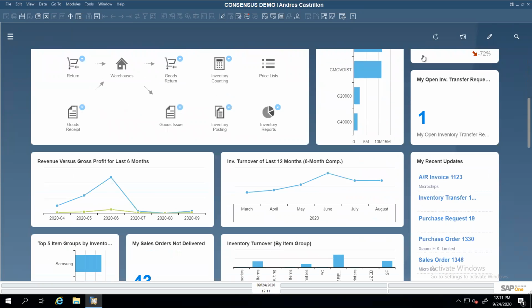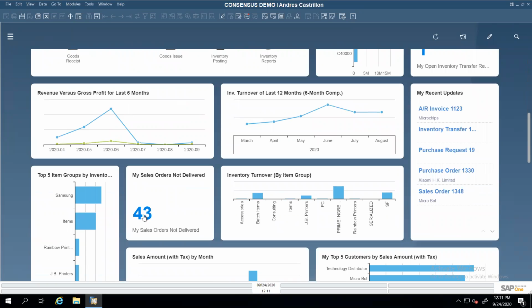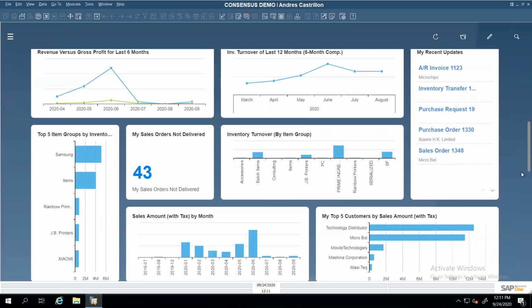I could also have my open transactions. I could create some type of widget that will allow me to reduce inventory. For example, I have sales orders that I have to deliver. I have 43. Let's set up some actions so I could deliver the items as quickly as possible, so I can reduce my sales cycle and convert that investment in inventory into cash as quickly as possible. And SAP gives you this type of graphics as well. Again, if you're running on SQL, we could use this as a basis to build your own relevant reports in SQL.